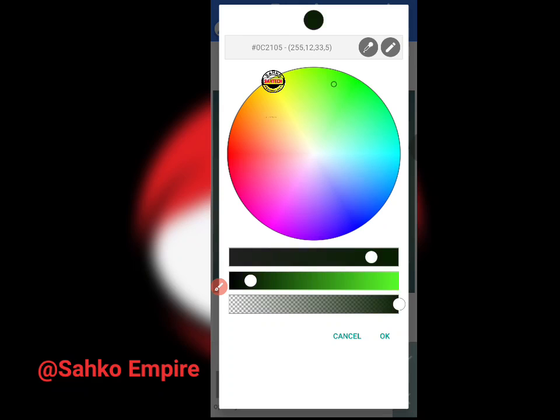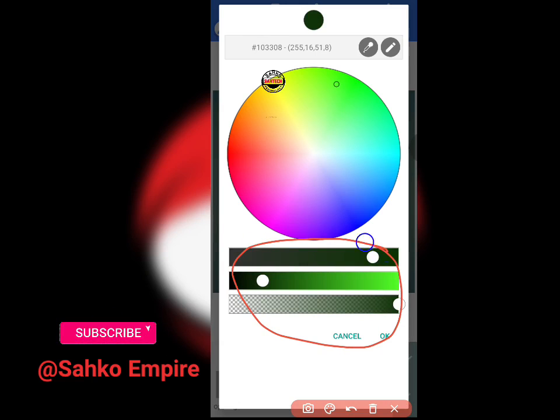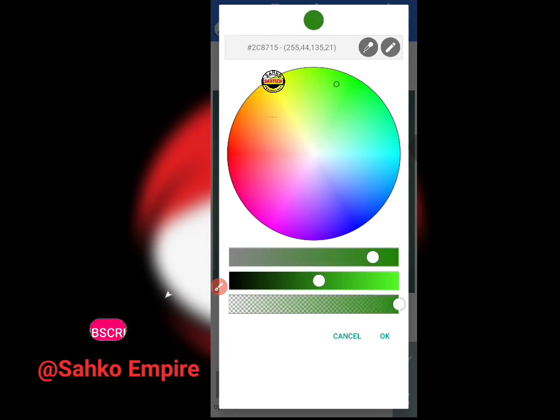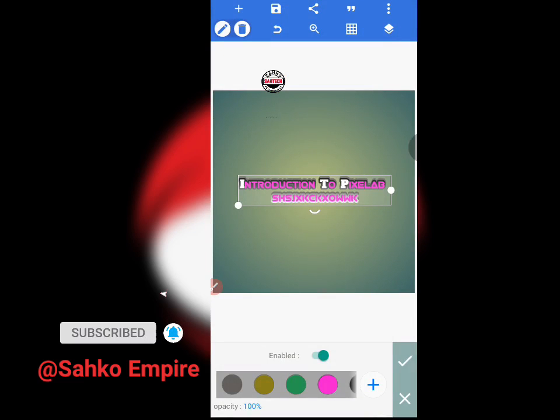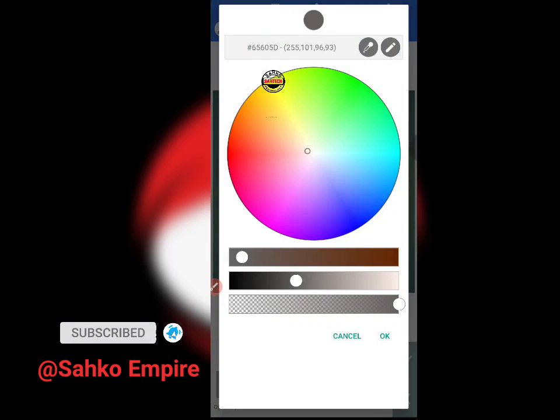So maybe even if I select this one, you see that one is still black. So I have to work on these things. I have to use this thing to adjust the color. So you see how it's now changing. Isn't good. So let me bring it exactly in the middle like this and change the color small. Maybe this one, then I tap on OK. You see, I don't like it this way. Then I'll go back again and work on it.